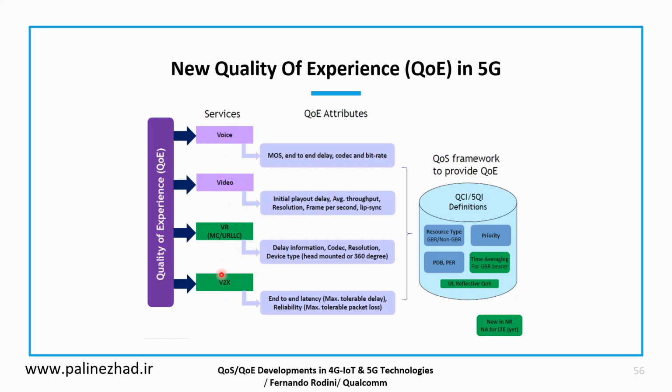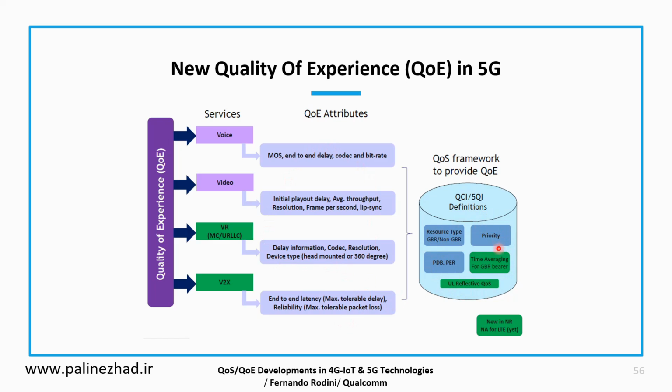And each of these services gives the user a kind of quality of experience, and this quality of experience needs some requirements. For example, virtual reality has delay. It's a delay critical service. You can see here it is URLLC. It has specific codecs and resolution, and V2X connects cars to the network. We need to have limited end-to-end latency and reliability,